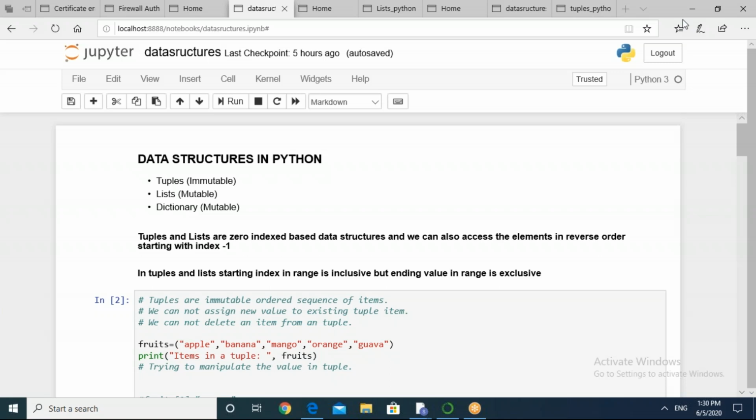And we are left with dictionaries, which we will do in the next session. Dictionaries are also mutable. So I hope now all of you are clear what we mean by the terms mutable and immutable. So you can categorize your data structures in these two categories.